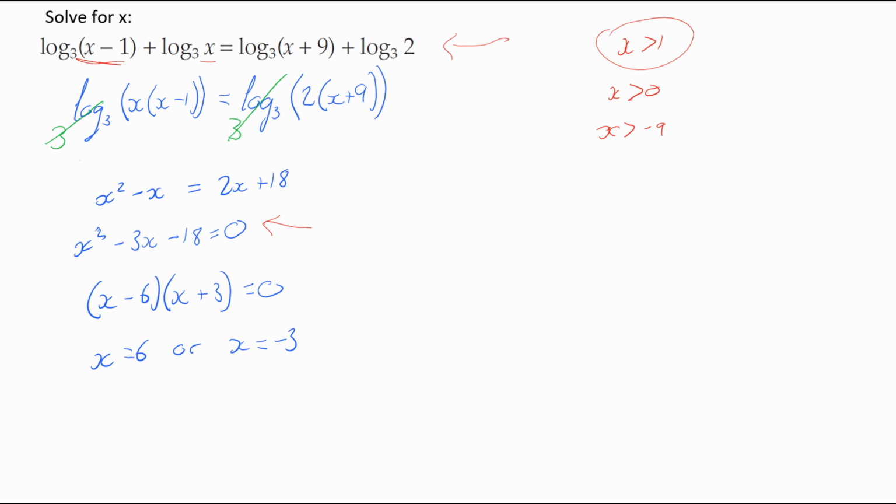Any solution that's not greater than 1, we are not allowed to include because it's not in the domain of the original problem. So while both of these solutions are good answers to the quadratic problem, only x equals 6 is a solution to the original problem. We have to discard the x equals minus 3 because it doesn't fit in the domain. And that is where a lot of people end up getting tripped up with these